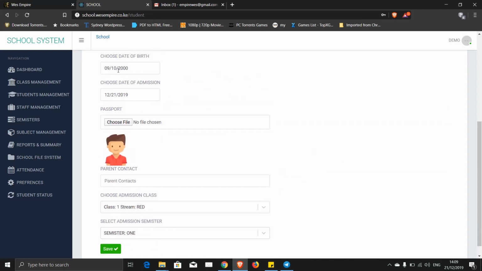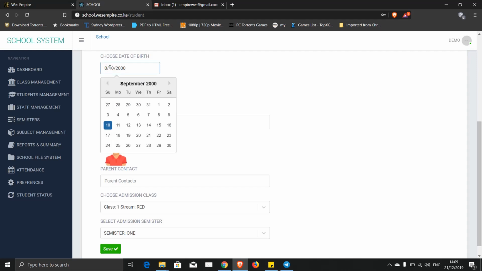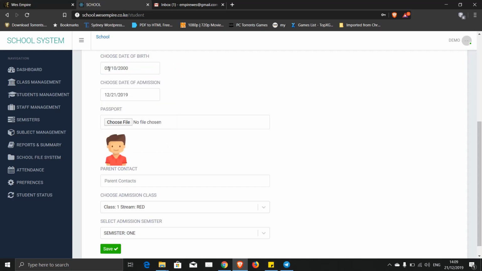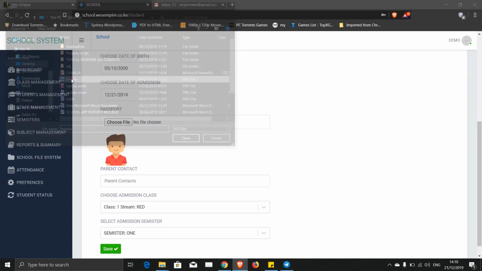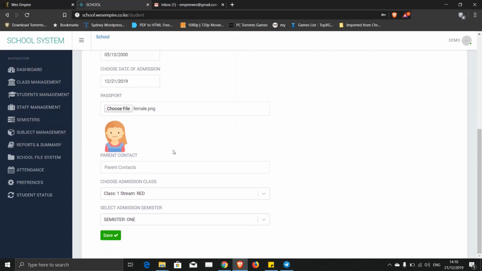The system will not clear these fields for you because it wants to make your work easy when entering or admitting another student. So let's assume Mary was born on a different date, something like the month of May, date 10, 2012, and we are admitting today. So the only thing here we need to change is the passport because that's male. Let's put the passport for Mary. There it is. We do the contact again,